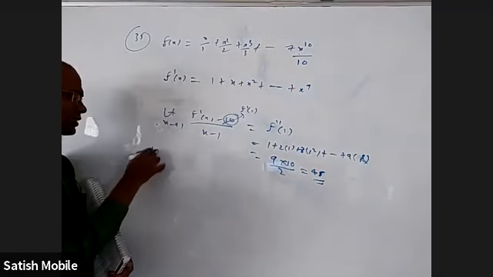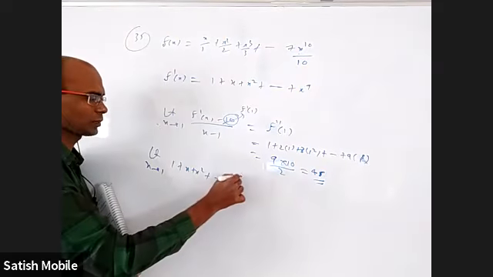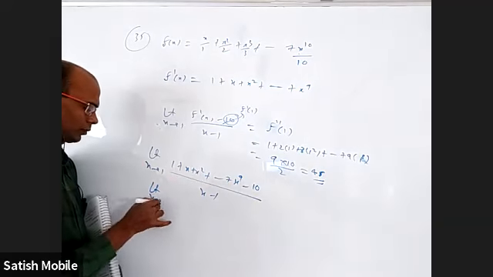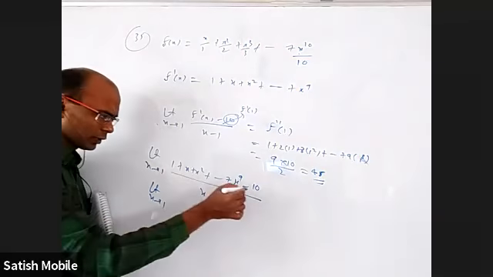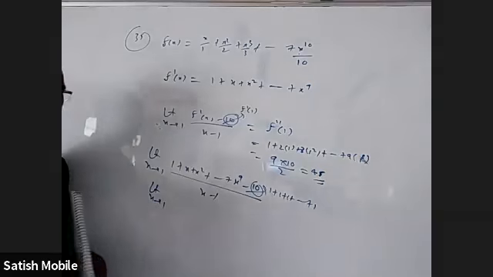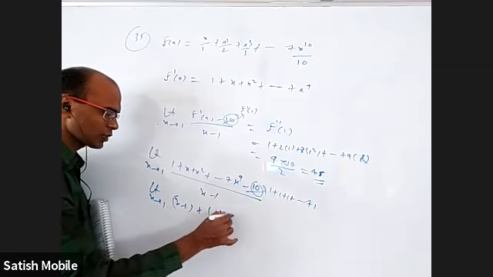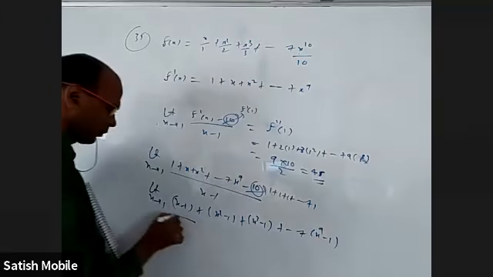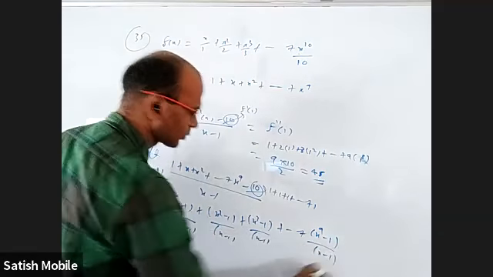Another way to do this is really substitute what is f dash x. f dash x you can write as 1 plus x plus x square and so on up to x power 9, minus 10, by x minus 1. Okay. Now what is this? If you want to, you can write this 10 as 1 plus 1 plus 1, 10 times. This one and this one will cancel. This and this together you will get x minus 1 plus x square minus 1 plus x cube minus 1 and so on up to x power 9 minus 1, by x minus 1, by x minus 1, by x minus 1.